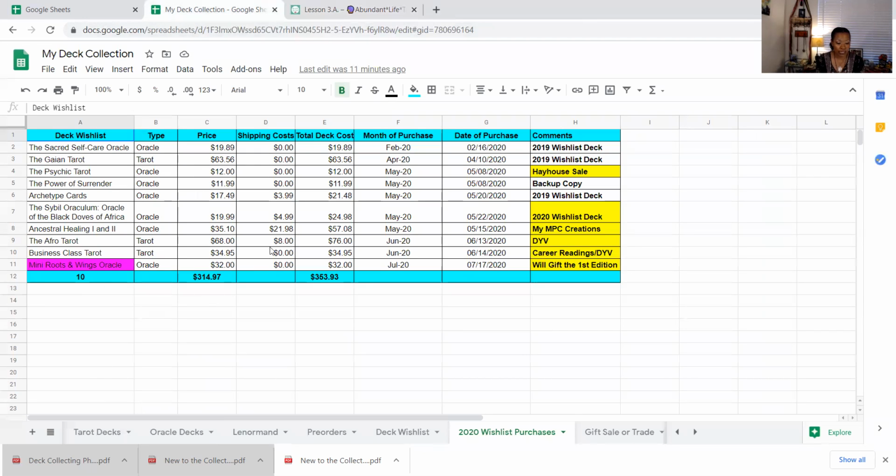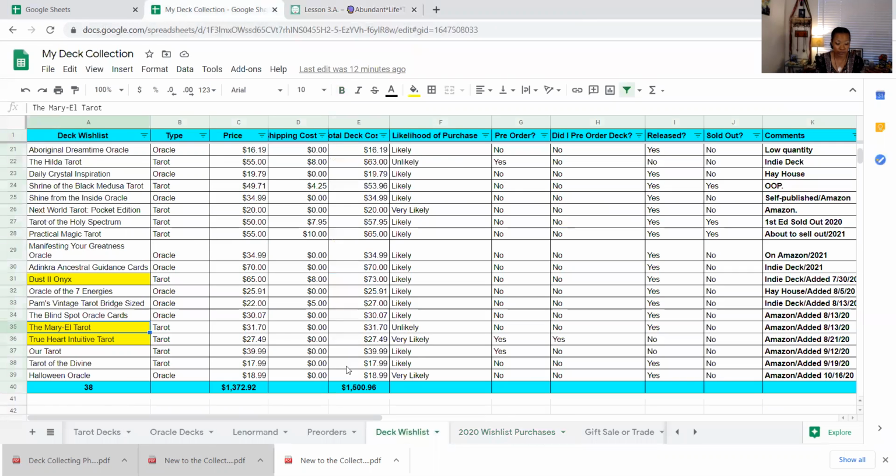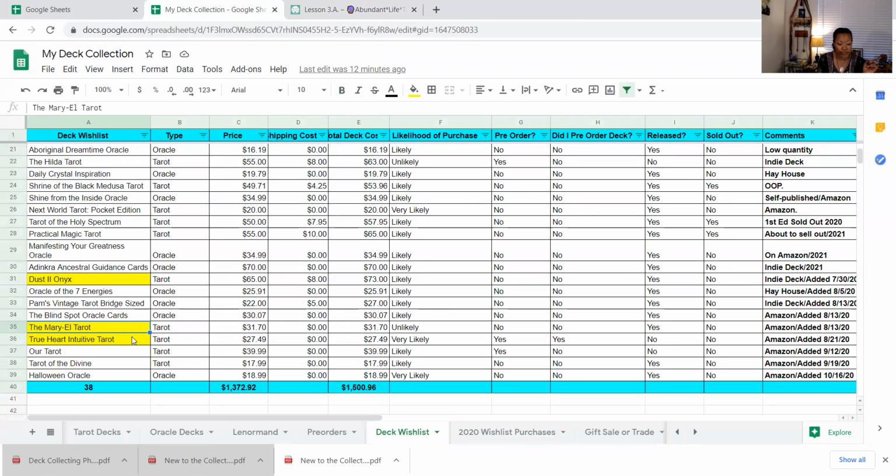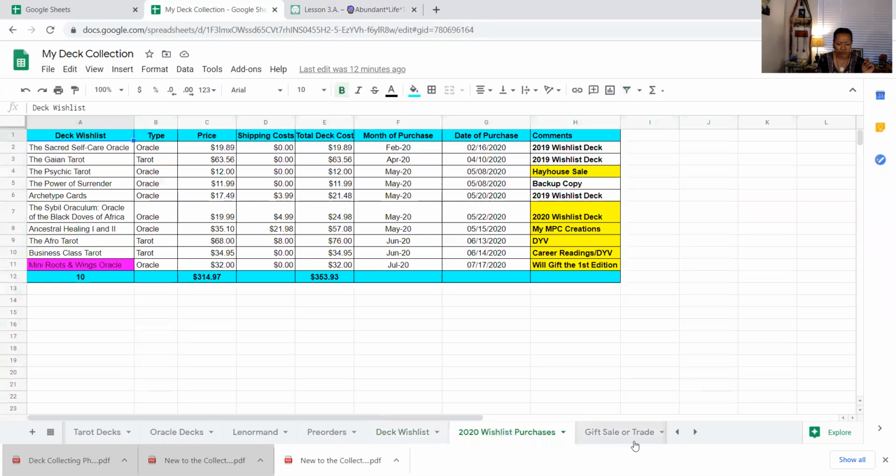Because once I've made the purchase, as you see, I've got some updates to make. I've got to remove the True Heart Intuitive from my wish list tab, and I'm going to add it to the 20 wish list purchases, and then add it to the tarot decks.